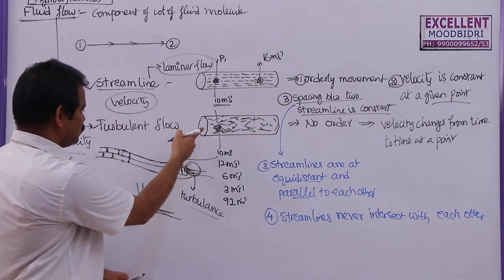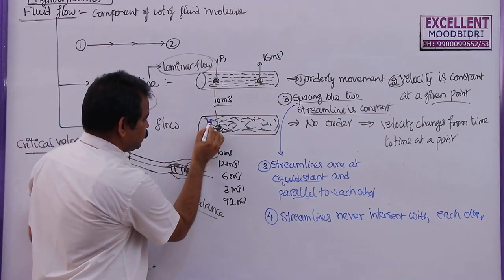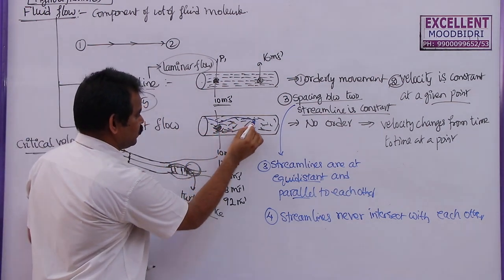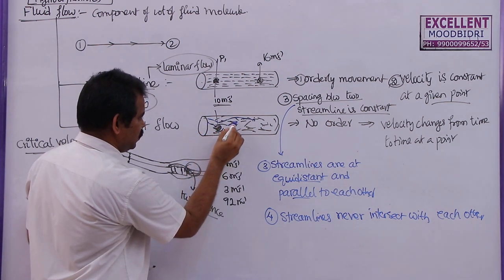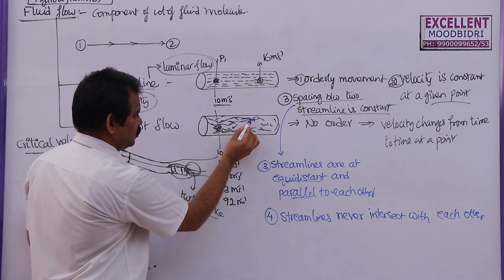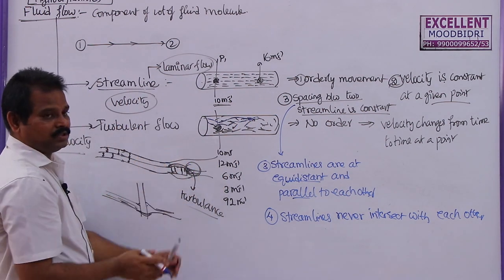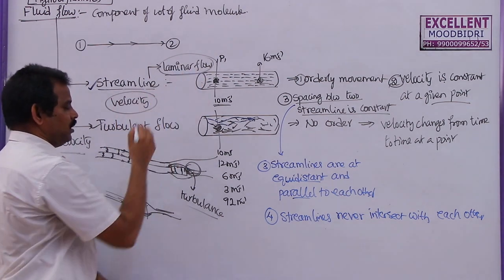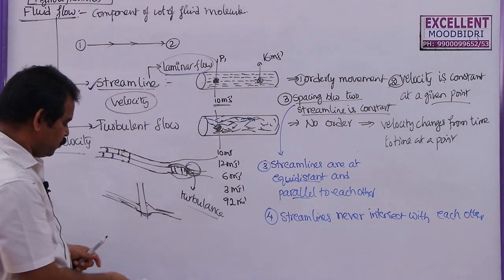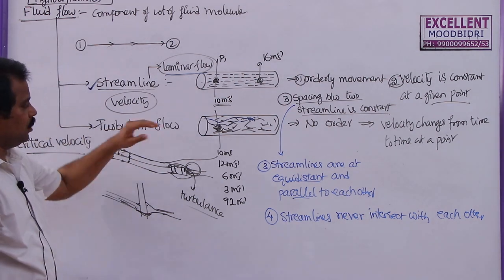Now you see this turbulent flow here, this fluid flow is in this direction, and one more streamline, if you connect all these molecules, and you will get a streamline like this. So here these are intersecting with each other, but this will not take place in a streamline flow or laminar flow. So what are the 4 points that can be written in case of a turbulent flow?